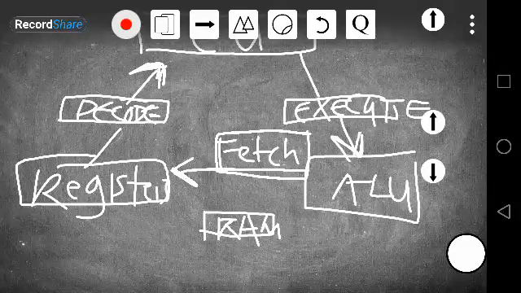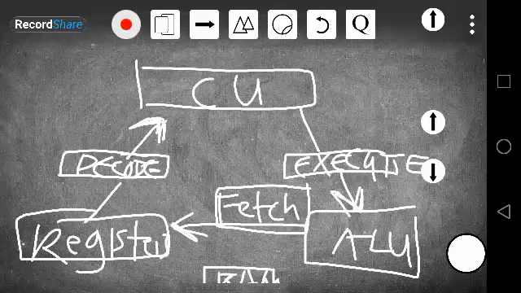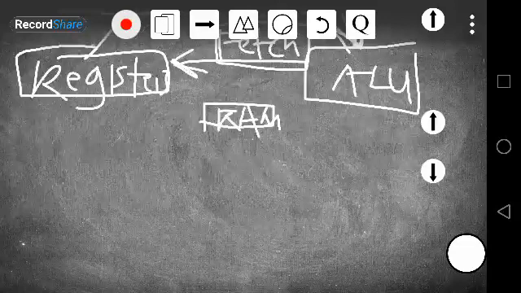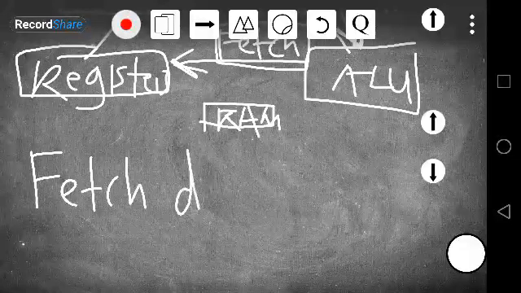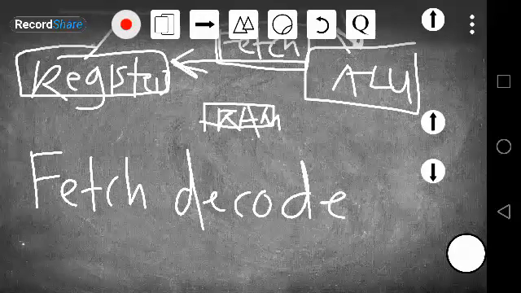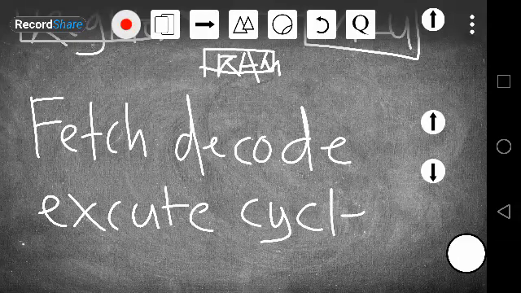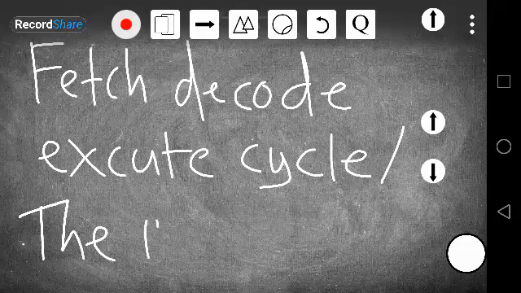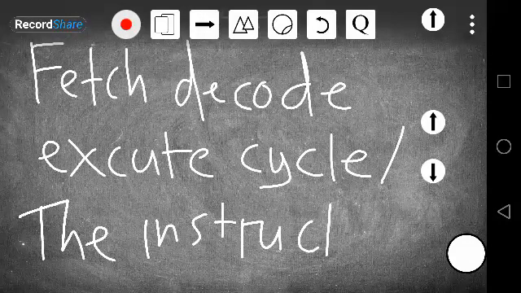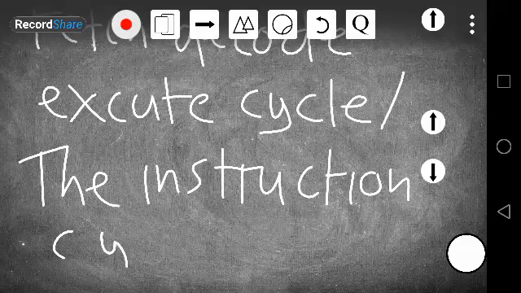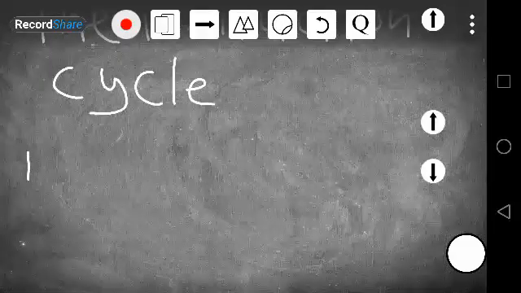Okay, so this is a basic diagram of what I want to explain here. Okay, the fetch, decode, execute, or the instruction cycle. Okay? Now the fifth thing is, or I can say step number 1,